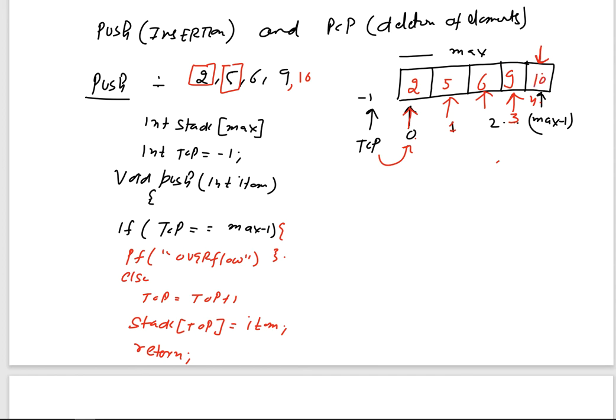So now again, if you want to insert some more element, let us suppose 11, can I insert it? Now it will check the position of top. Top equals maximum - 1. So top is already at this particular position, which means that 11 cannot be inserted. So what will it print? It will print the overflow condition. So this is simply how this insertion, or the push operation, works